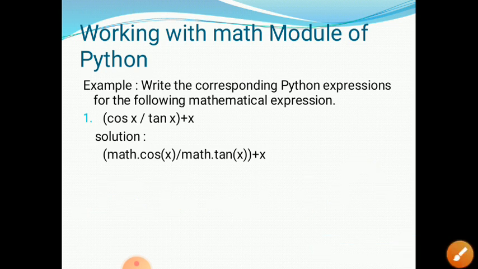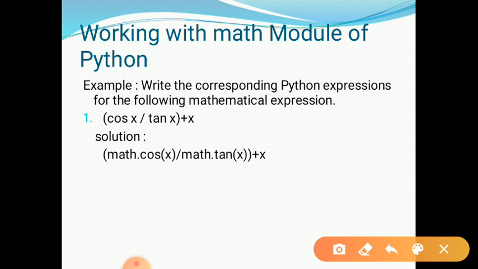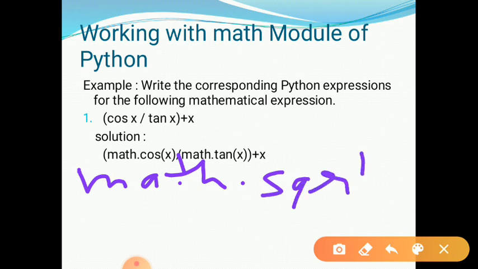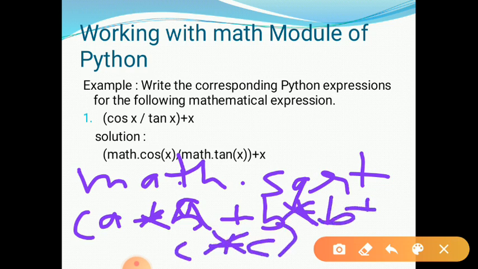First we write math.sqrt, square root, then opening bracket a multiply a plus b multiply b plus c multiply c, then closing bracket.